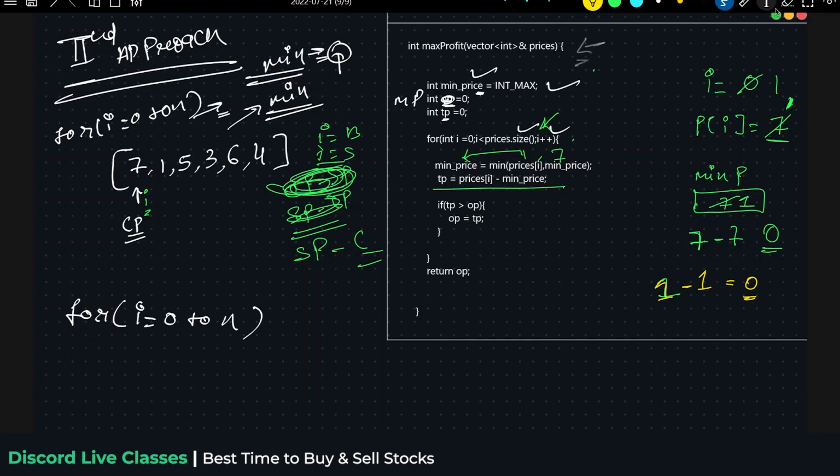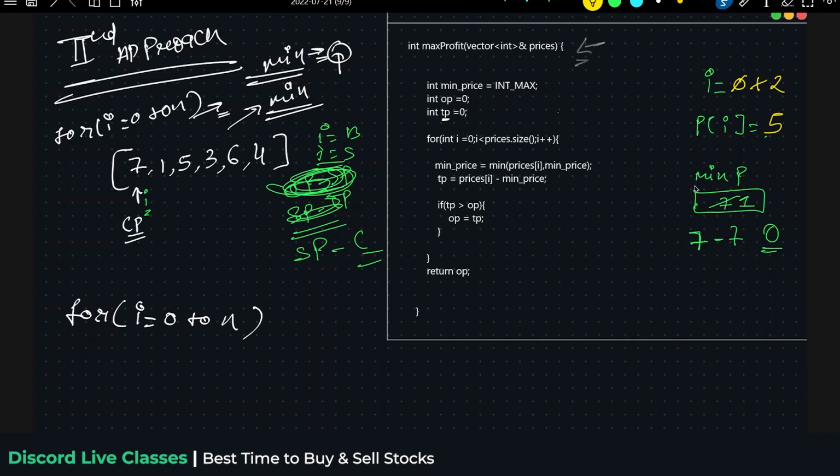Okay, let's again increment the I value. You are thinking, what is this Aditya doing? We are getting a 0. Now let's see, the twist is coming. Let's increment this I value from 0 to 1, and then increment to 2. Now I value becomes 2. The prices of I is how much?